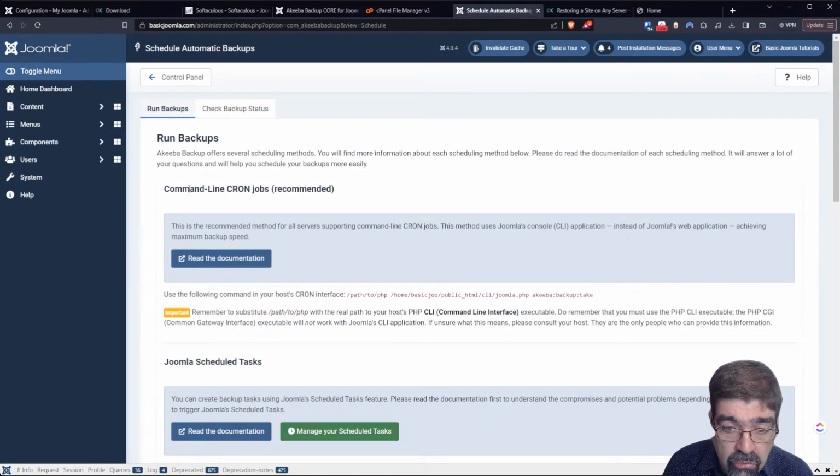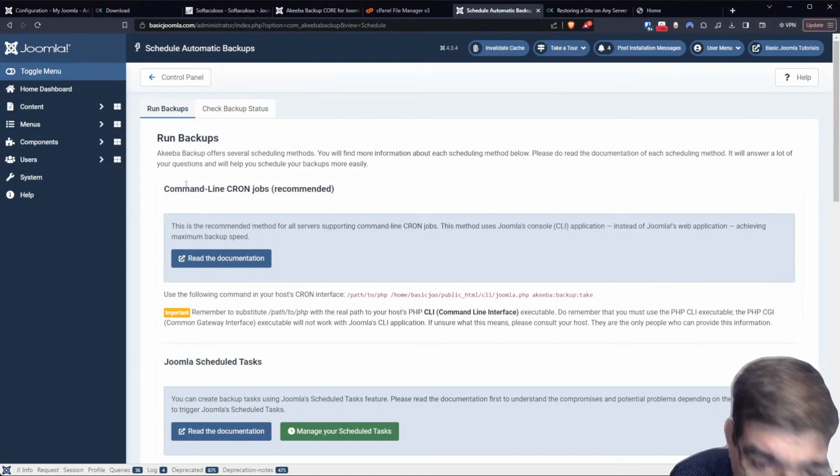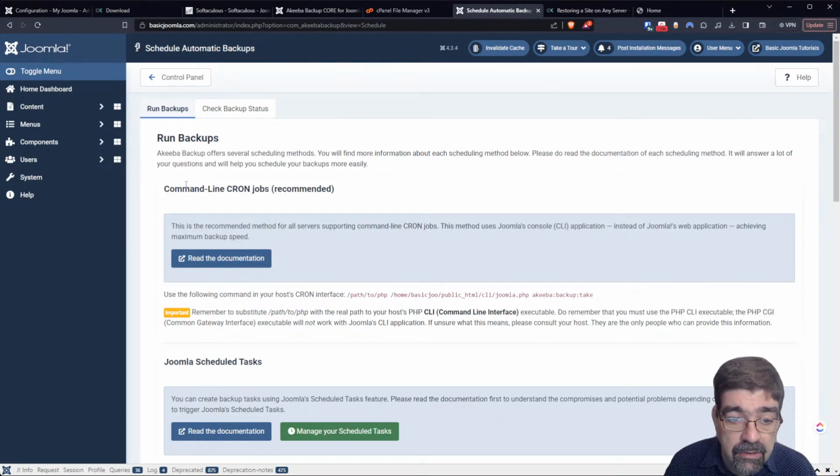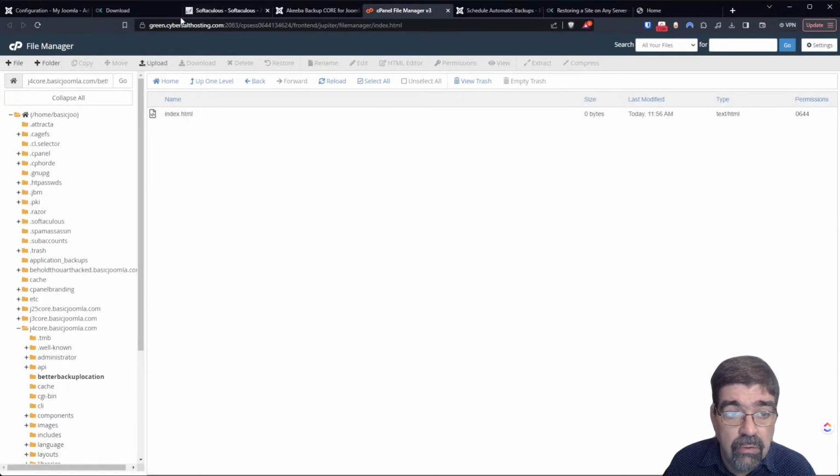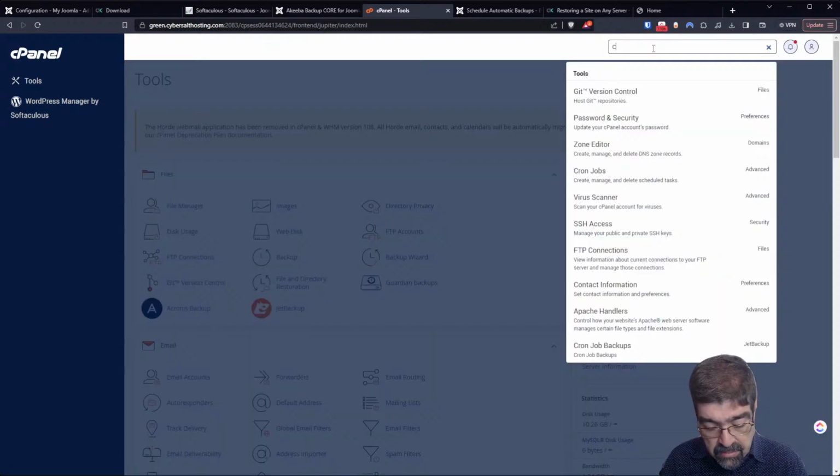Now you can do it by a cron job, and you would do that in your hosting control panel. And what you would set up is something like this in your cron: path to PHP, home, basic Joomla, public HTML. You would take that code. Let's go into the control panel here. And if I search for cron